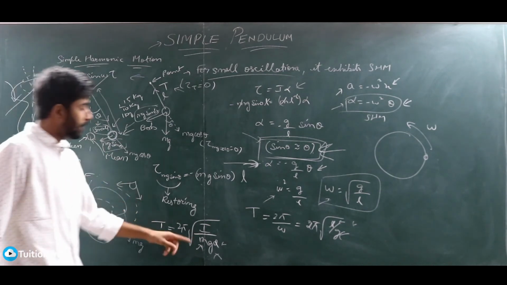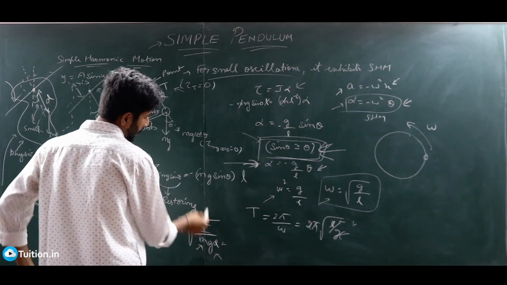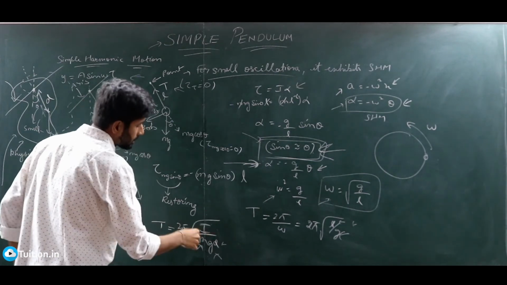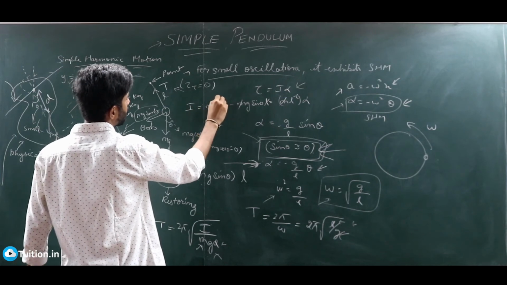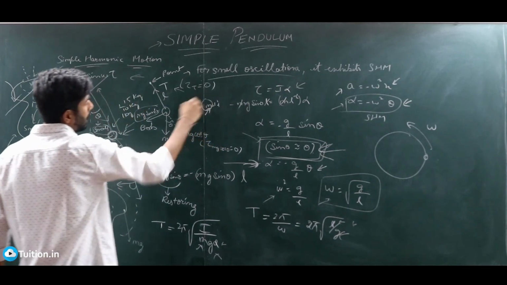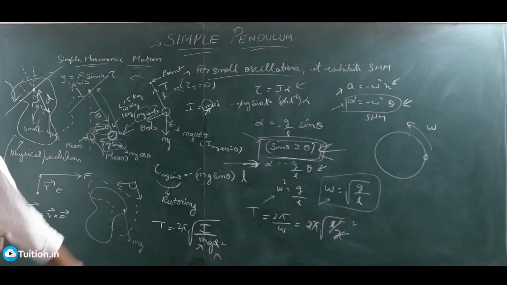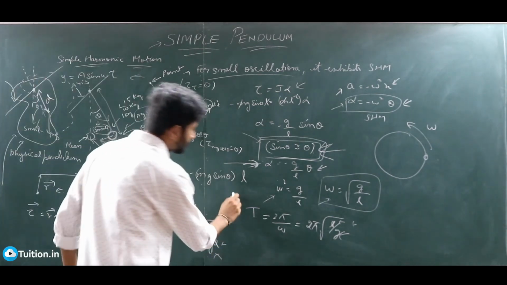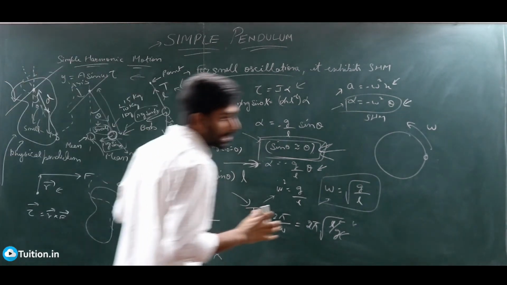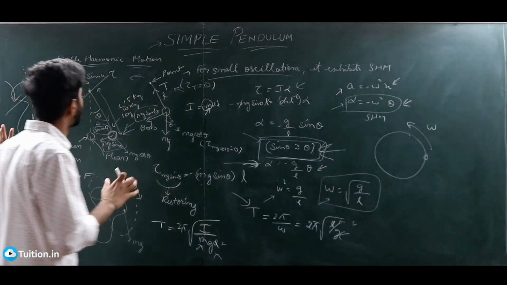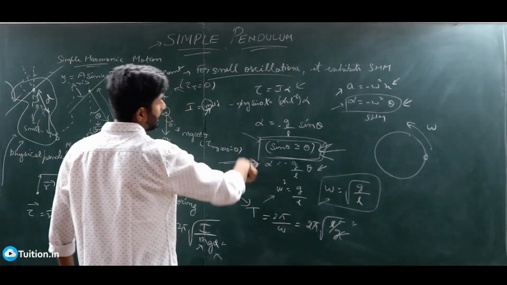So you plug in the values, and as you can see, even here, I also will have something like mr square or md square plus something. So there will be mass here, and that mass and this mass will cancel, and this formula also will most likely be independent of mass, right? Just like a simple pendulum. So these are important points to keep in mind as far as a simple pendulum and a physical pendulum is concerned. That's how you approach and build this particular condition and equate it to SHM, right?